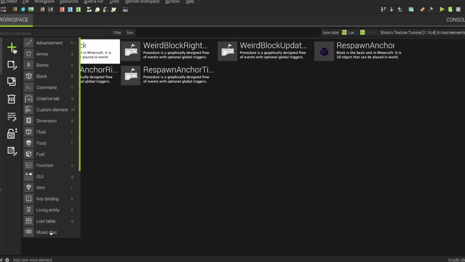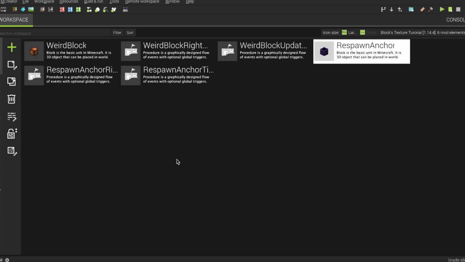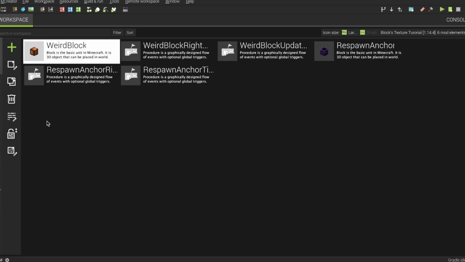As you see, the block element is here, so I'm just having 1 block element, this one. And for the Wisp-on Anchor, I'm using 4 textures, but I'm still just having 1 block element. So let's start if you'd like.